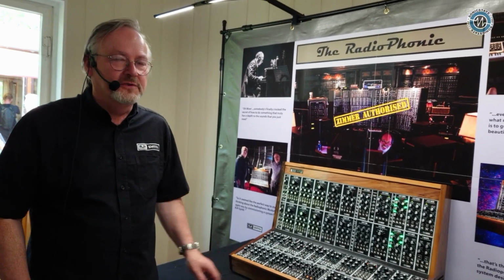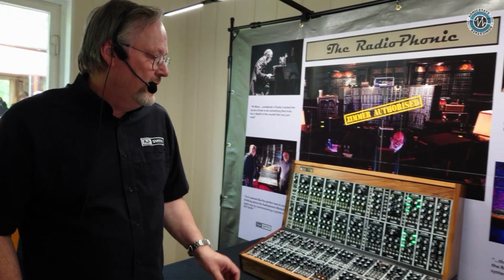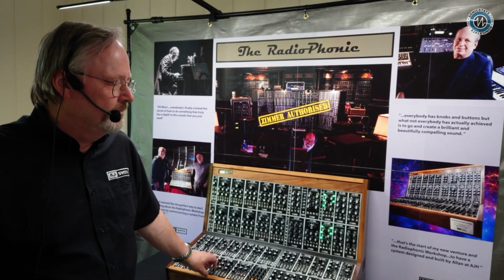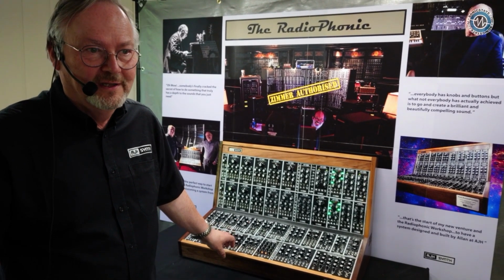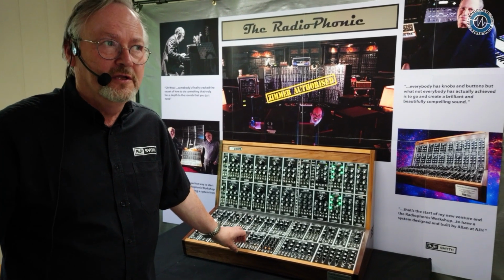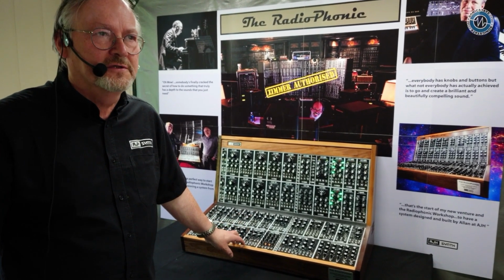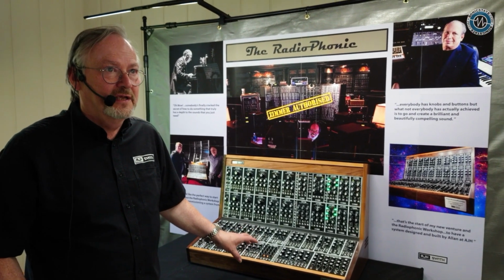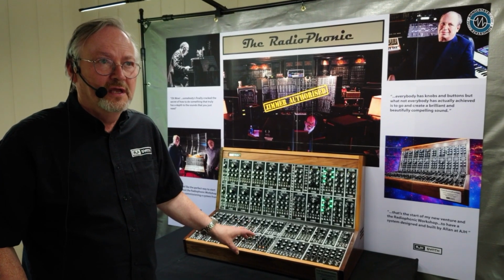It's a new synth that was commissioned by Hans Zimmer, and there's two stories really. The first is that of all the modular and all the synth manufacturers, Hans chose AJH Synth to build it. But the largest story really is that this synth is designed to take its place in the